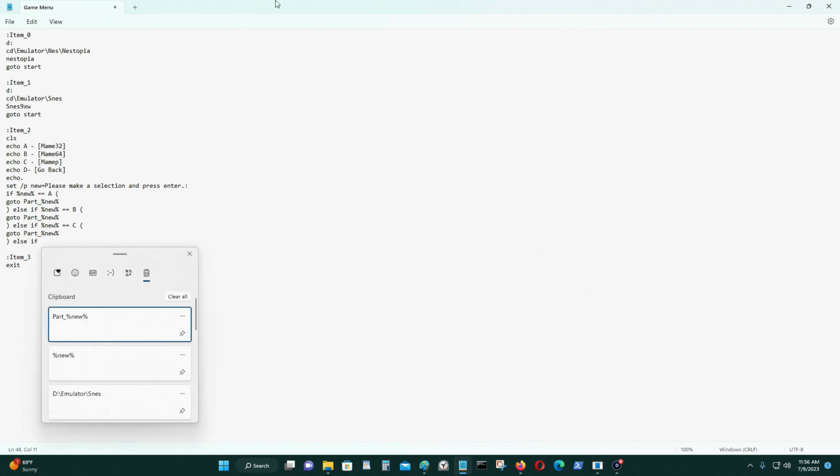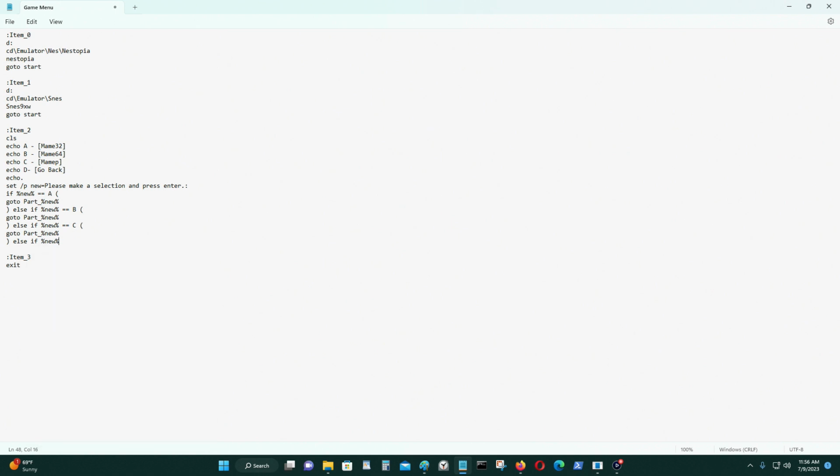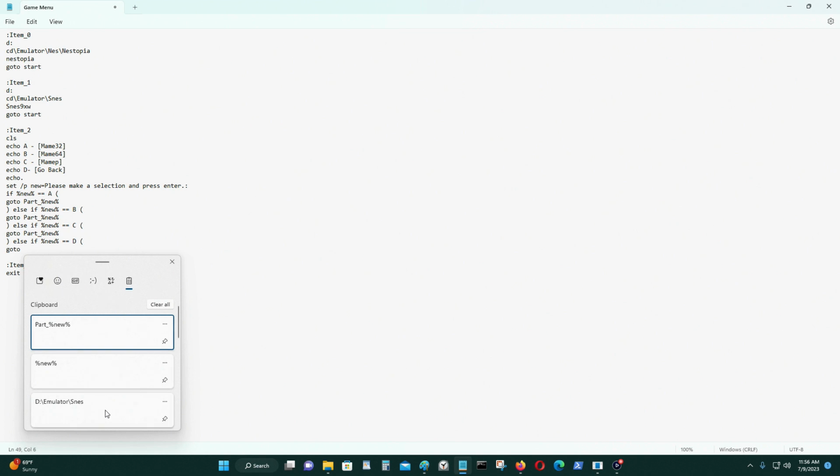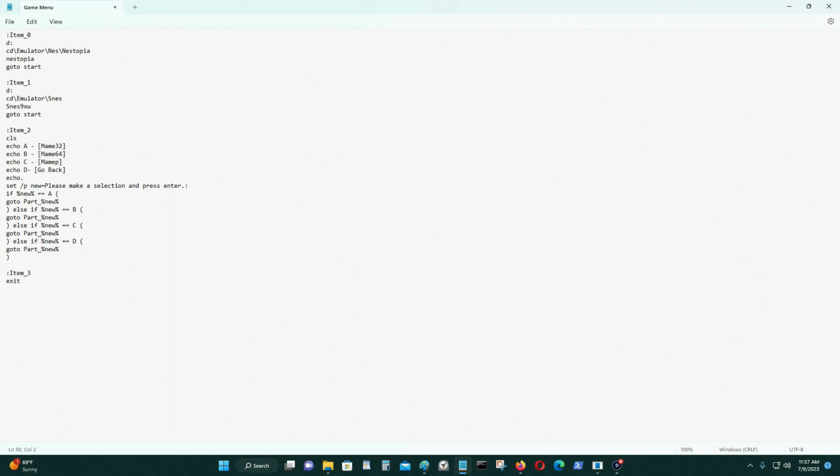You could press Control V and access this like this. But we could just do that. Control V like that. What I'm telling it is, if it's not one of these, then it's going to go back to item 2. That's it. So now let's make